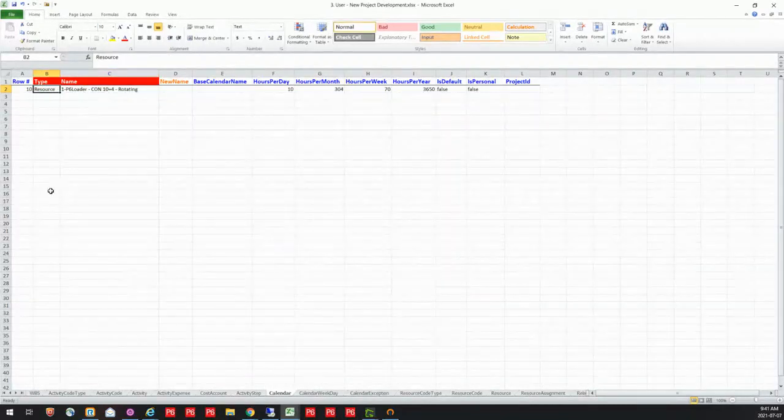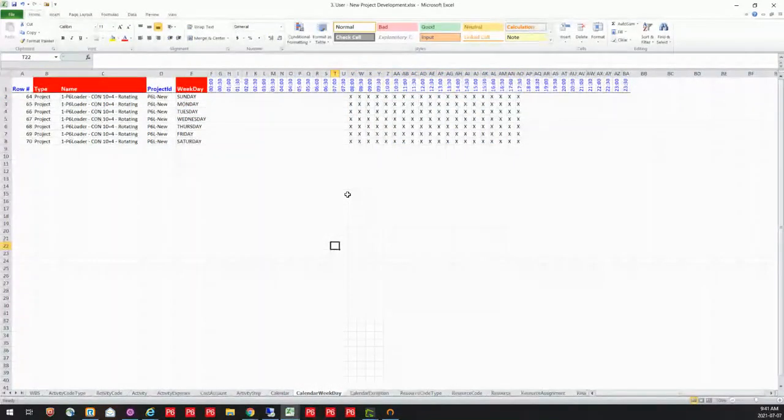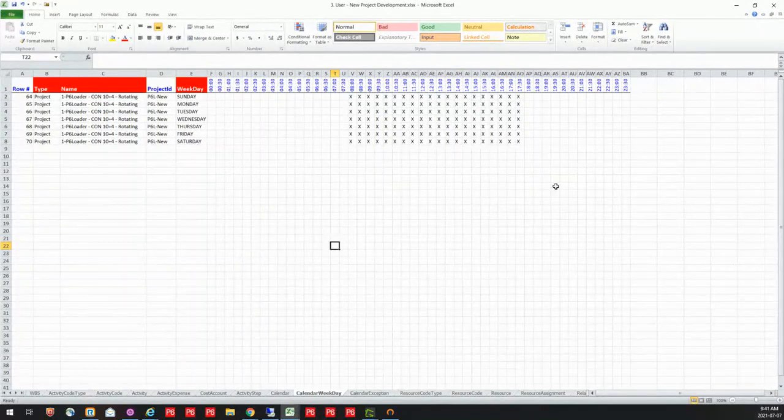And that's just going to be a resource calendar. Now, I'm going to set up my basic hours on there to set up my calendar. And then I'm going to set my work time. So my work time is going to be 8 to 5:30, and potentially Sunday through Saturday because it is a